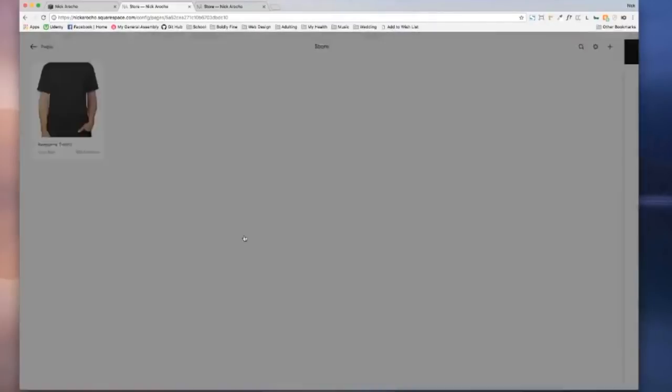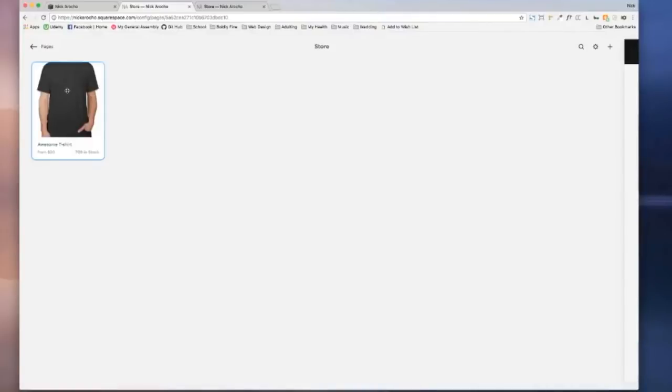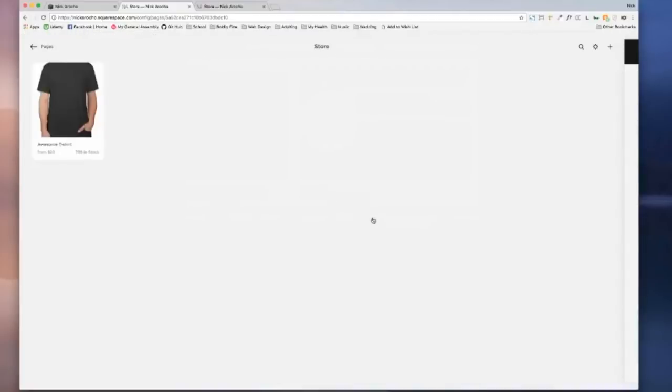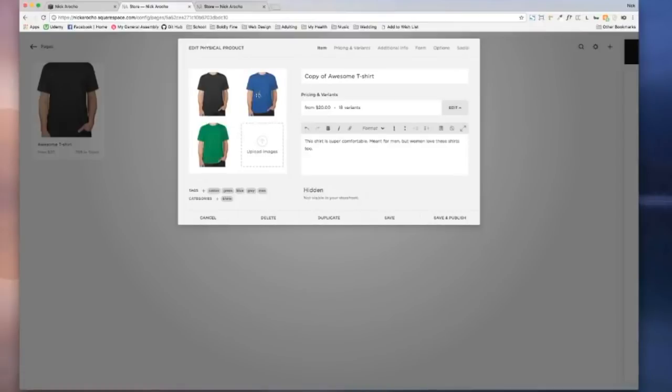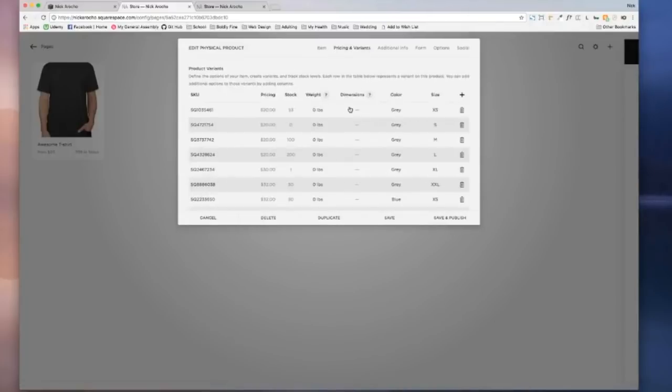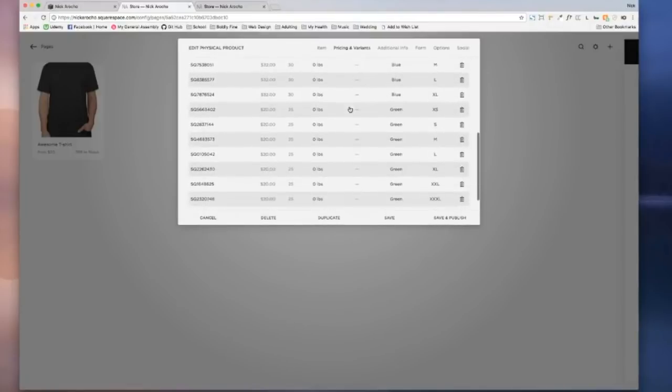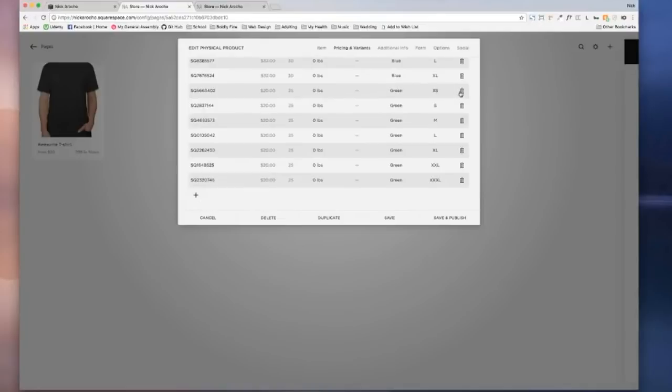Instead of doing that, take your time to work on one product if you have similar products. Double click that product and hit duplicate. It's a nice feature that Squarespace added for us so that we don't have to go through that anymore. I hit duplicate and it brings up copy of awesome t-shirt. And check it out. I have my excerpt, I have my categories, my tags, my images. I have all my pricing variants, right? So I go through here and maybe I don't have a green version of this shirt, I'm going to just delete anything that's green,